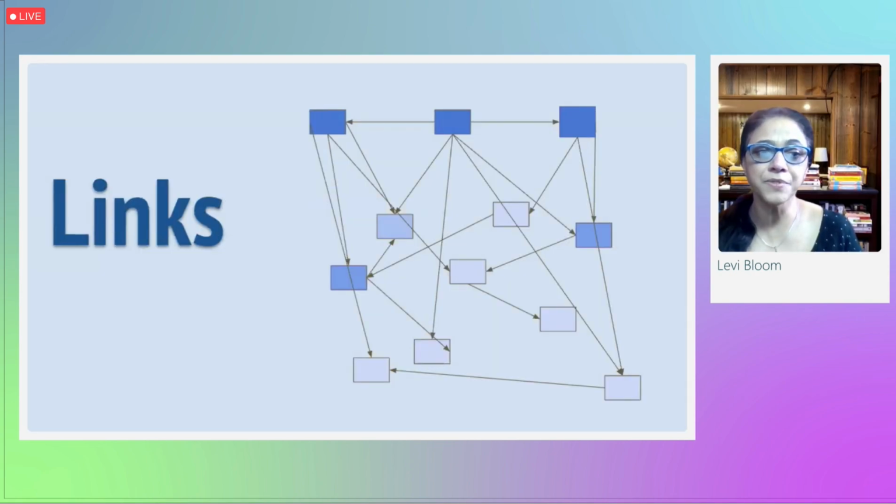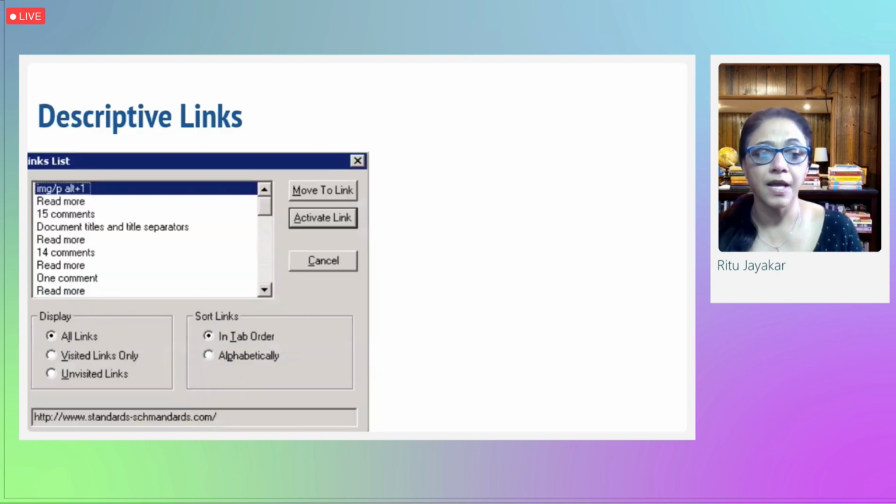Links. It's safe to say that links have revolutionized the information age. They connect text, images, audios, videos, and more. But not all links are the same. Some links can be more accessible than others. Best practice is to add an informative href so links make sense without the context of the accompanying text.